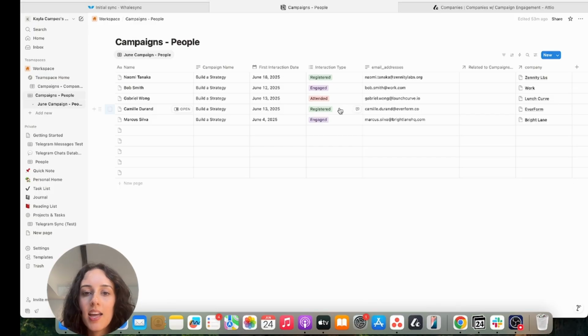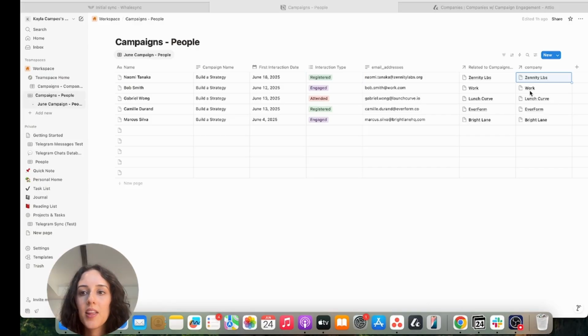I don't have to edit anything, which is great. This is a single select field in Attio, and as you can see, it's just seamlessly synced over that field type as well, as this is clearly also a single select. And the date field is all set up as well,